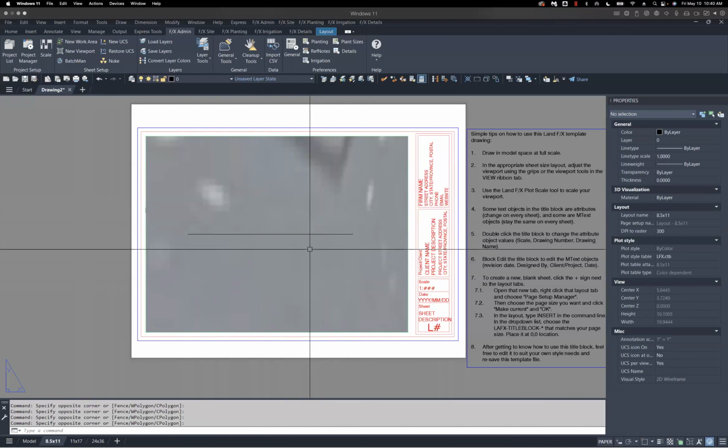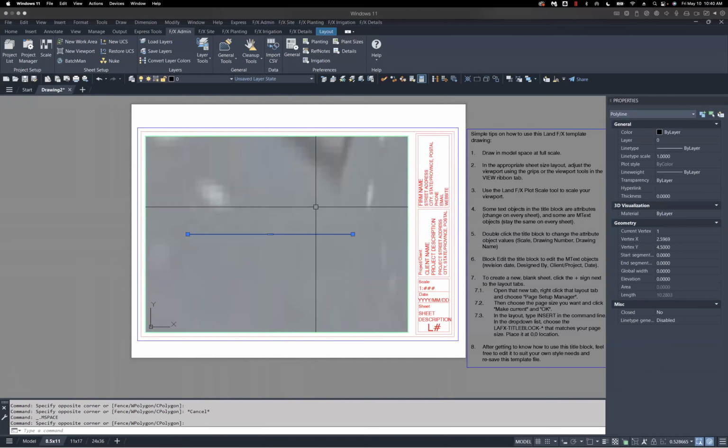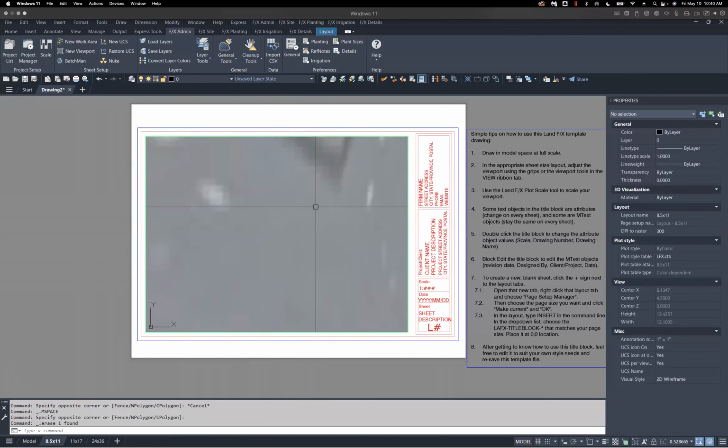The takeaway here is really pay attention when you're working with paper space to the status of your viewport. I've done this plenty of times where I was doing something inside the viewport, not paying attention, and then accidentally zoomed or changed something because I wasn't in the space that I thought I was in.